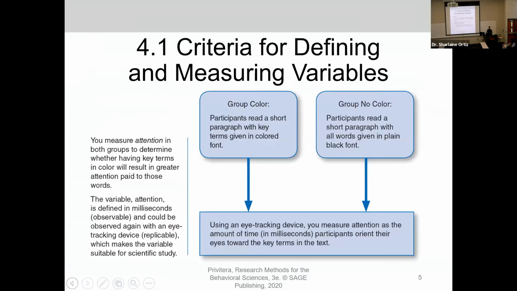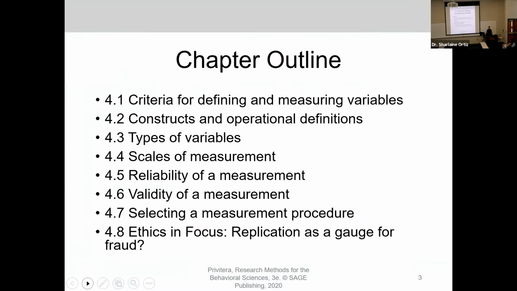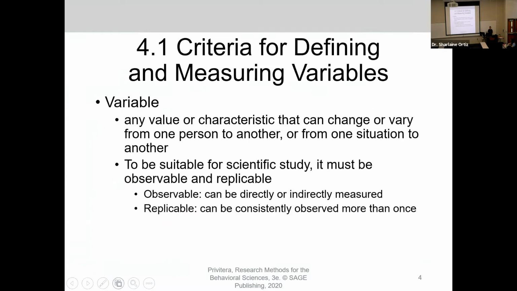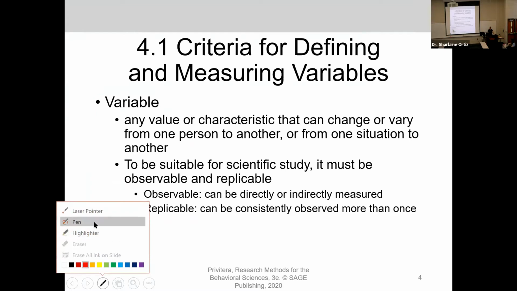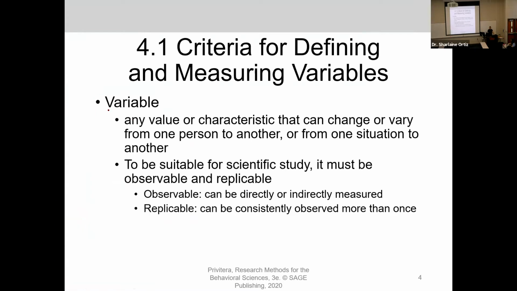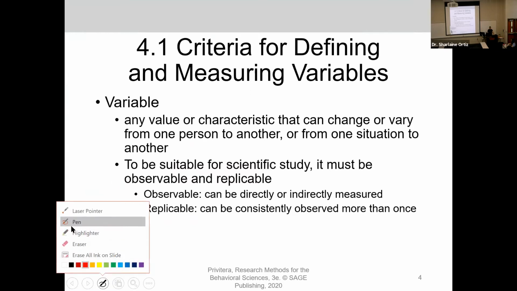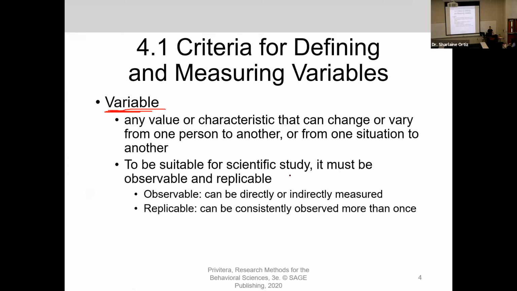All right. So the first thing we are going to talk about is explaining what exactly is a variable, just in general terms. What do we mean by a variable? I like to think about a variable in a very basic sense, which means anything that varies, anything that changes, whether it be from one person to the other, from one situation to the other. So I like to think of it as any value or some sort of characteristic, anything that is going to change,